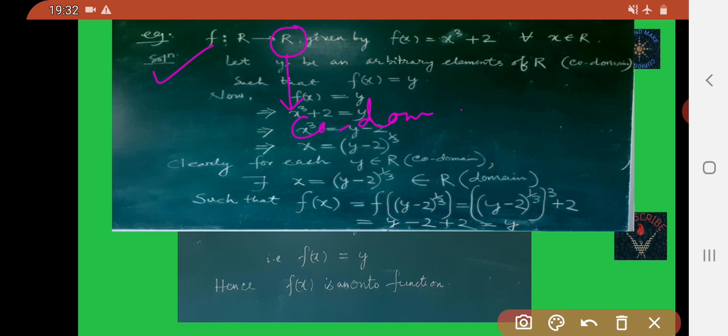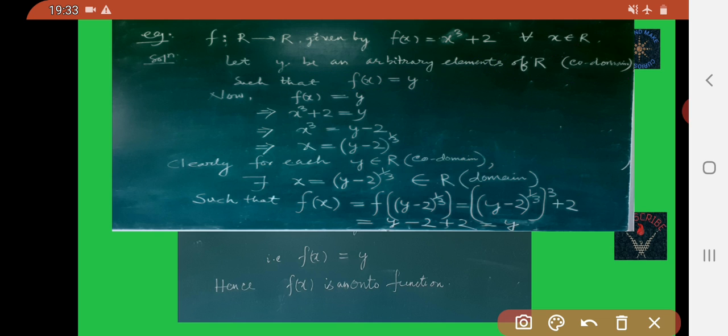So here let y be an arbitrary element of R, the codomain, such that f of x is equal to y.